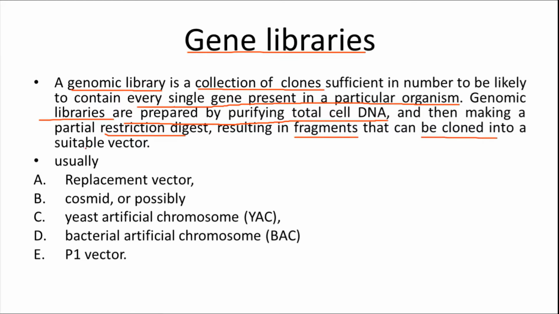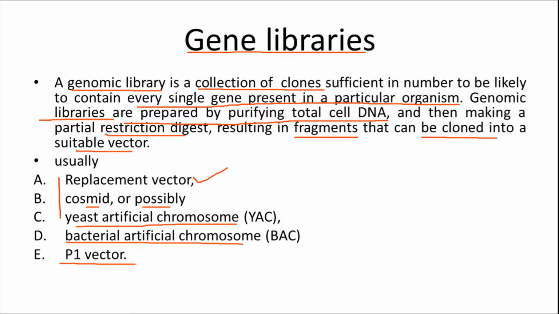So what vectors do we employ for the creation of a genomic library? We know the replacement vector or insertion vector, the basic vector of lambda phage. Similarly, cosmids, we know well. Well known is the artificial chromosome, the bacterial artificial chromosome, but we don't know it yet; later we can try to know. And the P1 vector we don't know. So we completely know the basic three vectors.